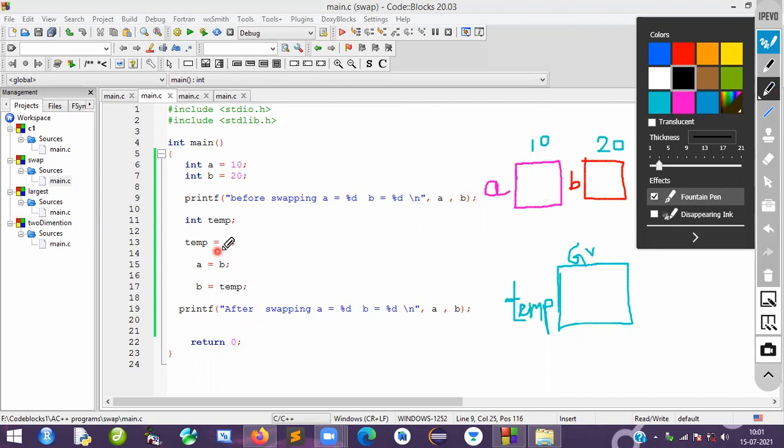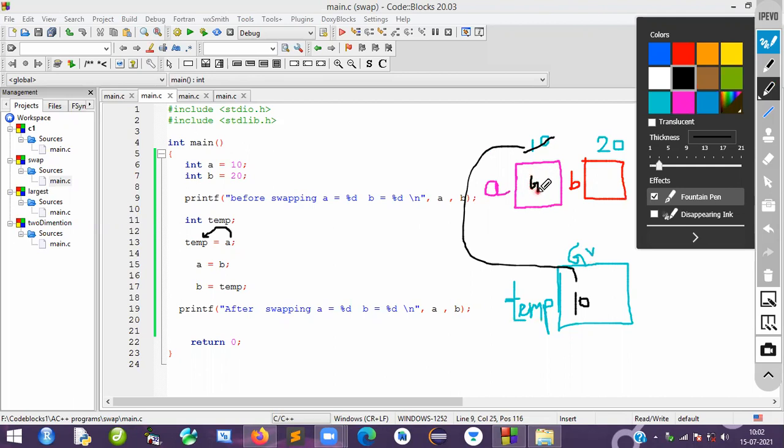So what is the logic here? Very simple logic. What is the A value? A value is 10, so I am sending this A value into the temp variable. This 10 will go to the temp variable. Whatever value is available in A, that value will go to temp. Now A is empty, it consists of some garbage value.